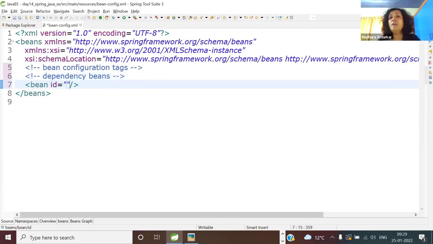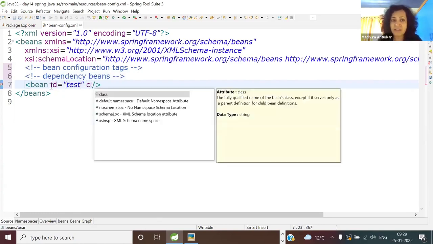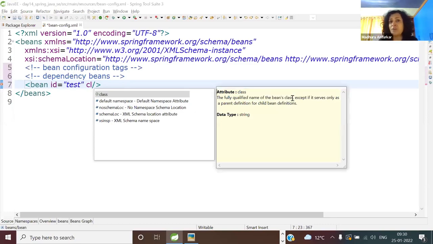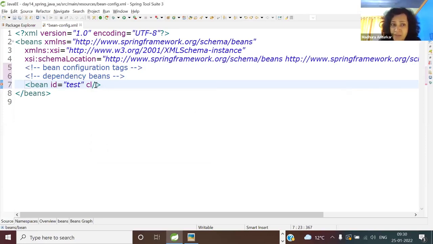So we are configuring here your first dependency, let's say test transport. So I'm calling it test. You can call it ABC. And you have a class. And the best thing I always tell beginners, why I insist on STS, is because it is coming from Pivotal. It is meant for Spring development. So in the lab time, in your revision time, in your self-study time, definitely read this. The fully qualified name of the bean's class. Isn't it the same as jsp:useBean ID and class? I'm telling you, it is the same. You'll soon agree with me.